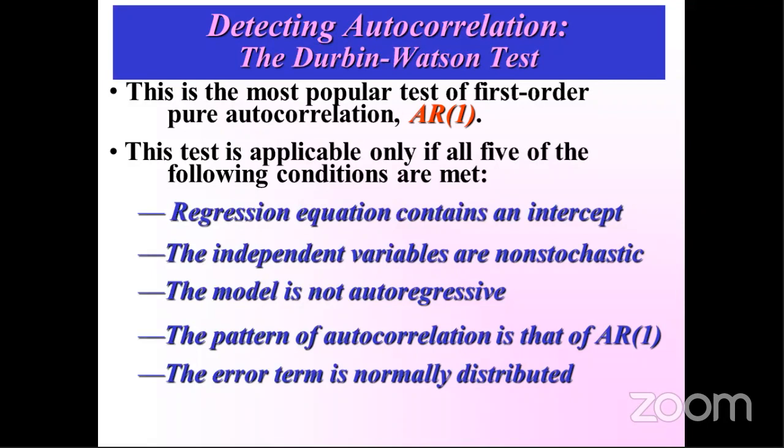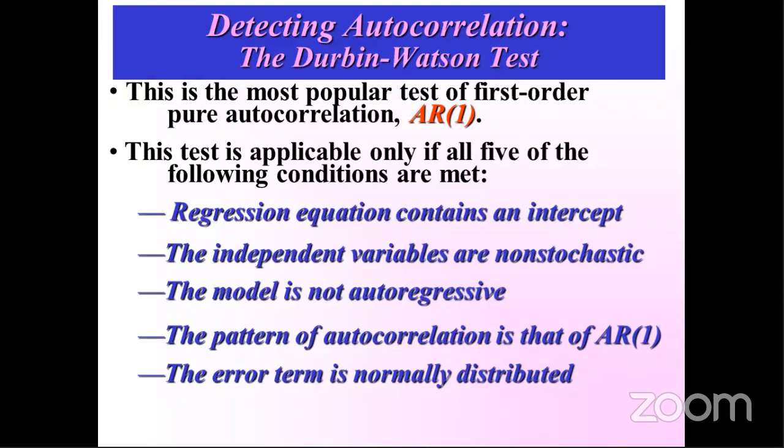I have mentioned that this test is the most popular test of first order autocorrelation, and it is a pure autocorrelation, as I already told you. To use this first order autocorrelation test, the DW test, our regression model should satisfy the following conditions, or rather we can call these the assumptions of the DW test. If these assumptions do not hold good, then you cannot use the DW test as a detection measure of